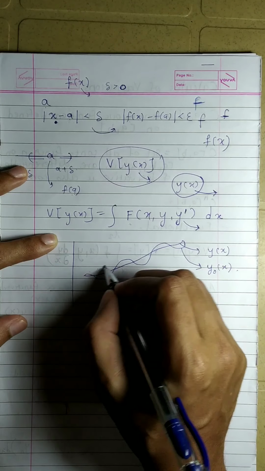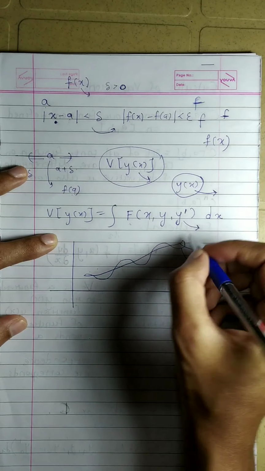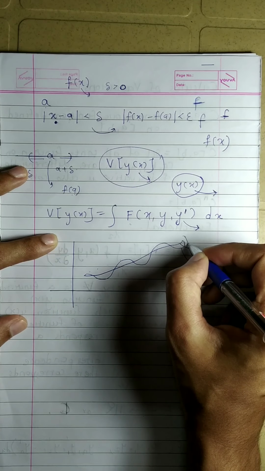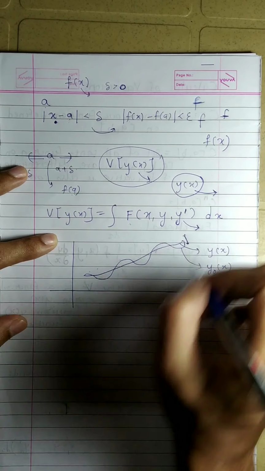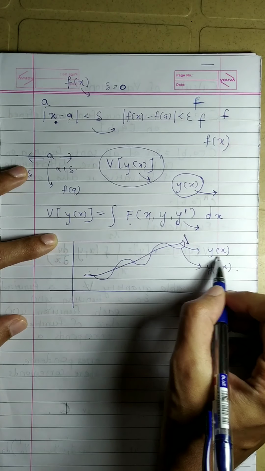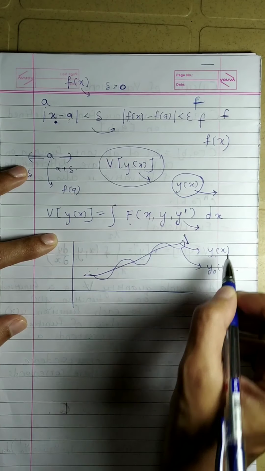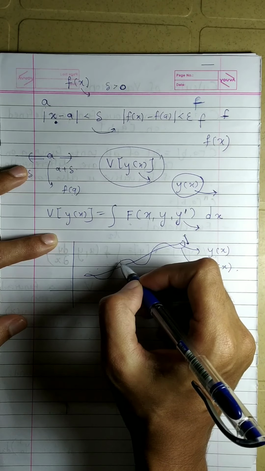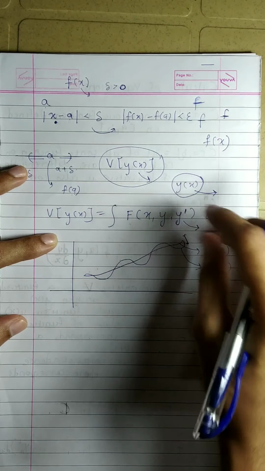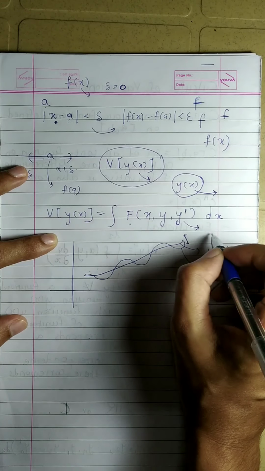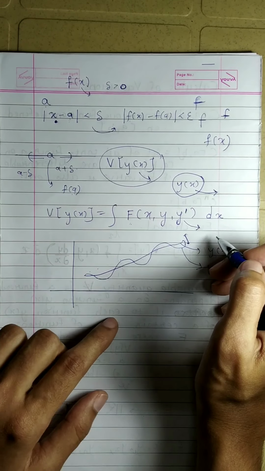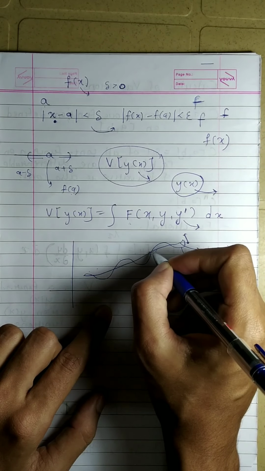So at the most it will be this change, no? Okay, this much is the change in y of x. Okay, but suppose we say that this is strictly less than some value. Okay, but it is not true that the derivatives of,